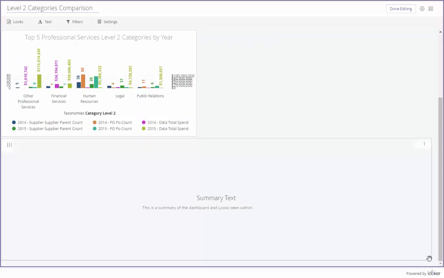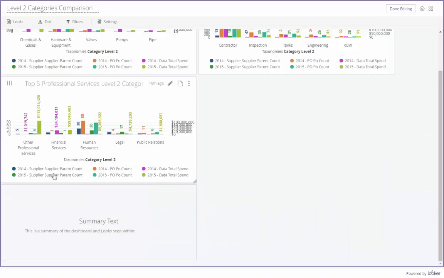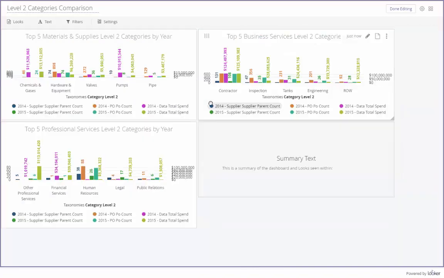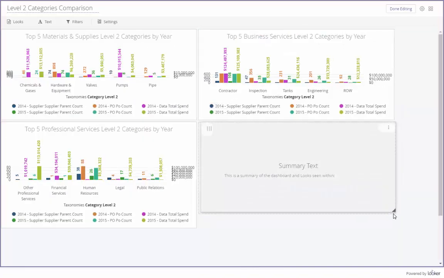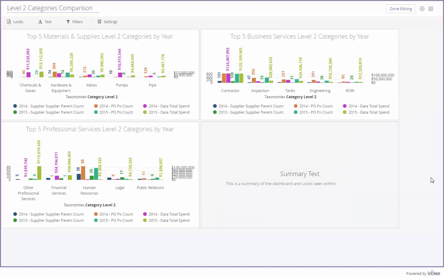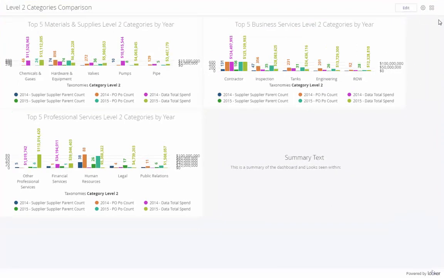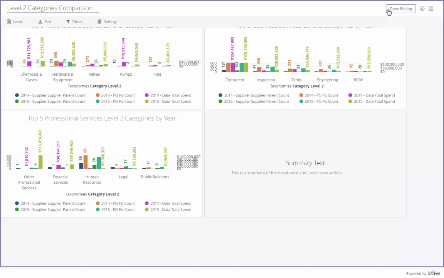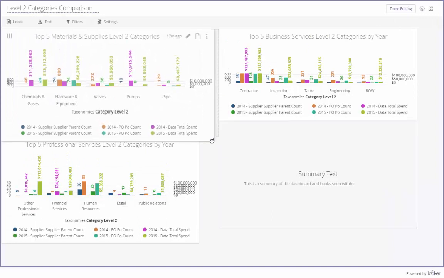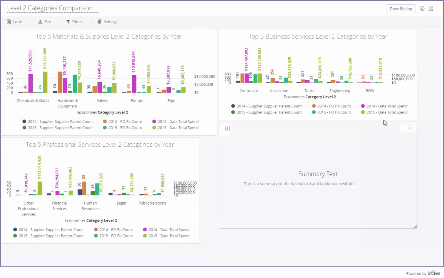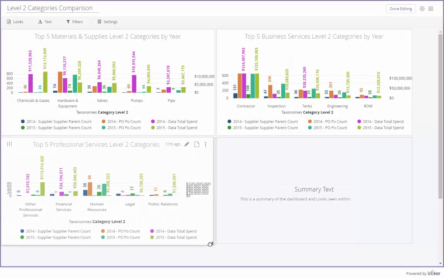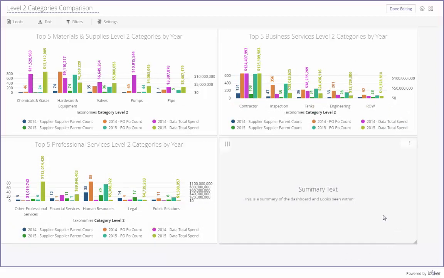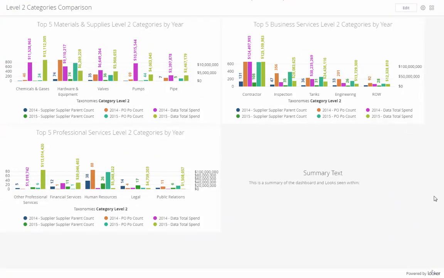I can even drag that text box that I have, maybe just with some notes about what's being seen on the dashboard, and resize that. So now once I'm done editing, I can see everything from one area. I can go back in to resize things as I need to, if I just want to spread things out a little bit. And again, anyone in this space, right now I'm working in the personal space, but if I were in the group space, anyone in that space with access to that dashboard would be able to make those